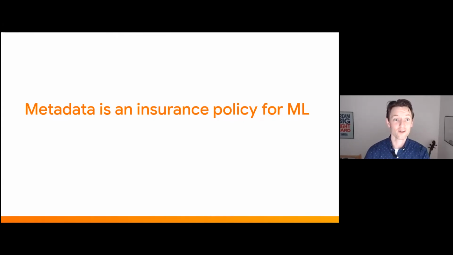Earlier I said, let's take a look at the metadata, and I think the metadata can be an insurance policy for machine learning. With insurance policy, let's please not take this very literally, but when we deploy machine learning models, I think we should be able to answer questions in the future about a model we have produced today. So normal questions could be like, what data set was being used? What was the distribution of a certain feature of that data set? What were certain validation results per feature of that particular model? How much better was the model against the previous run, etc.? Maybe who signed off on it?